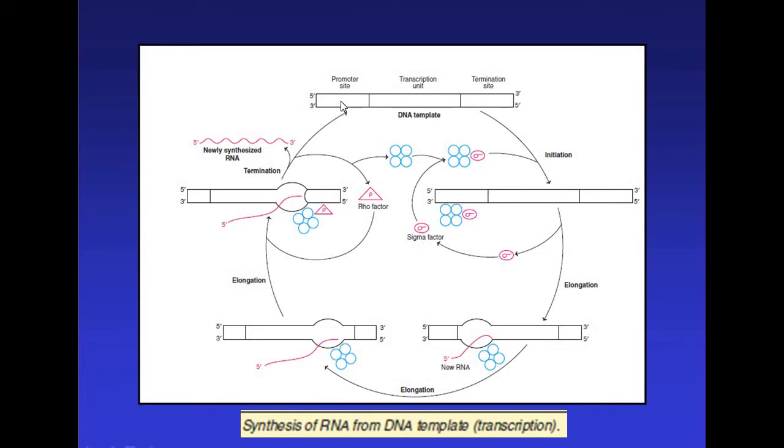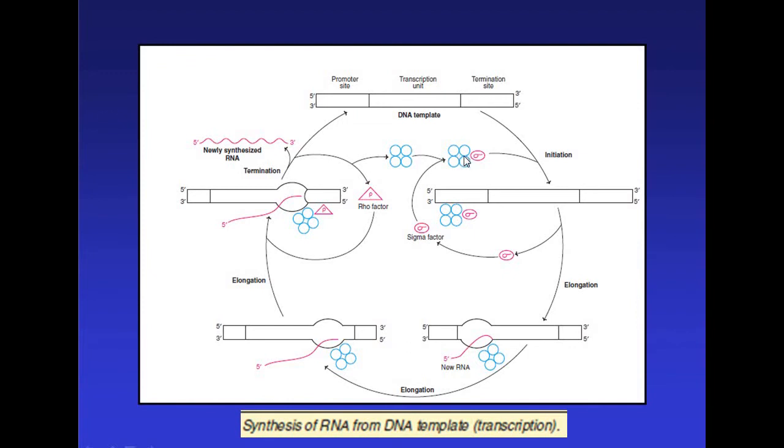Now, when the RNA polymerase binds to DNA at the promoter region, it is important that the 6 nucleotide bases, that is TATA, is the origin site of the transcription, and this is also known as the Tata box or the Pribnow box. So, the RNA polymerase binds at this promoter site when it reads the Tata box or the Pribnow box in the promoter site. Now, when the RNA polymerase binds to the promoter region, a factor which is known as the sigma factor is released. This is the RNA polymerase, and this is the sigma factor, which is a part of the